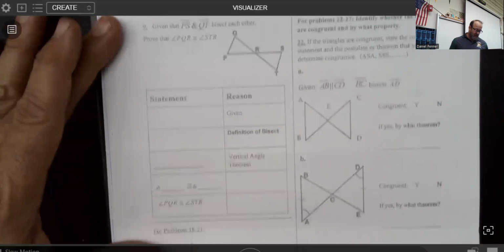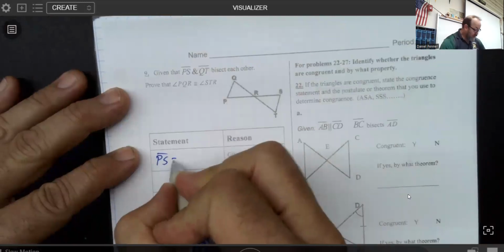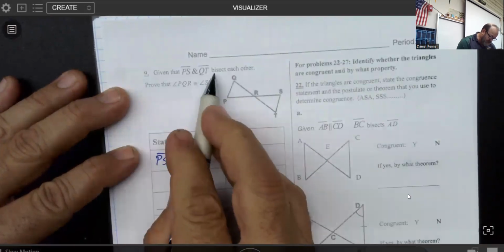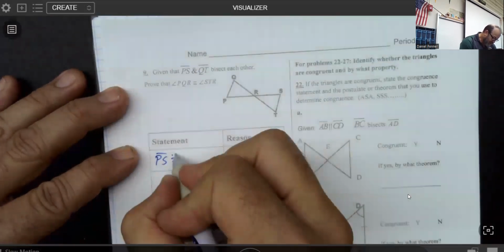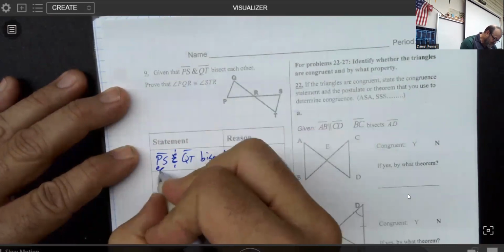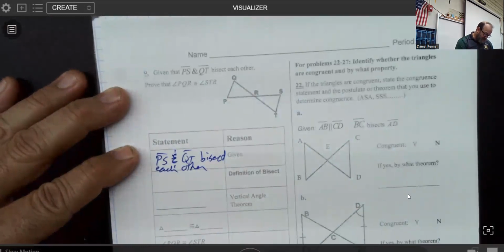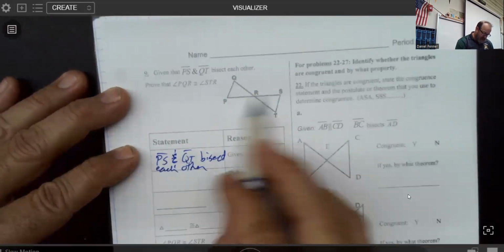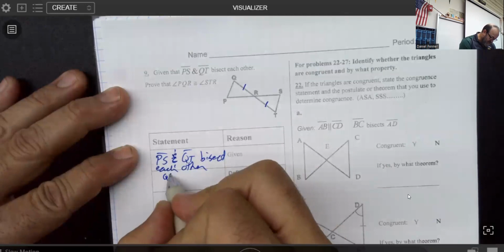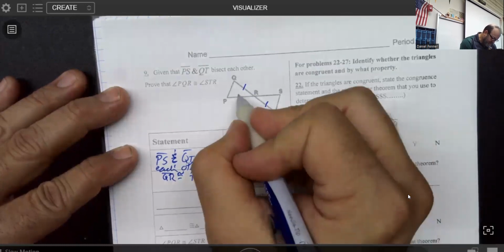So we have this story in number 9 that says we are given that PS over here is congruent to QT. Excuse me. It says PS and QT bisect each other. Aha. Been a minute since I've read this question. Now that's actually really, really important. Because if they bisect each other, the definition of bisect means PS and QT cut each other perfectly in half. So I would know by the definition of bisect that QR is congruent to TR, and in turn, PR is